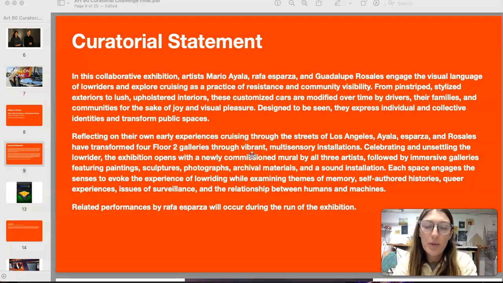So for the rest of your PDF presentation, you are going to include a curatorial statement, which is a piece of writing that describes your show, describes the theme, and maybe highlights a few of the art pieces that you're including in your show. For this one, the show is about lowrider culture, so I also encourage you to talk about,